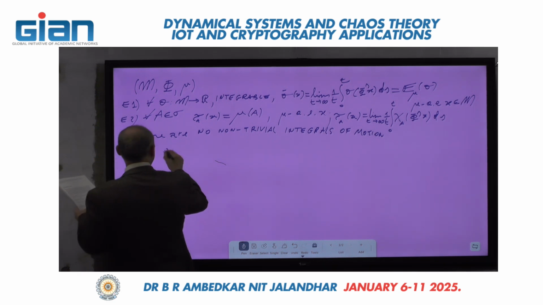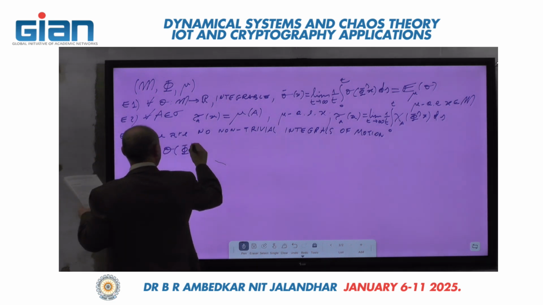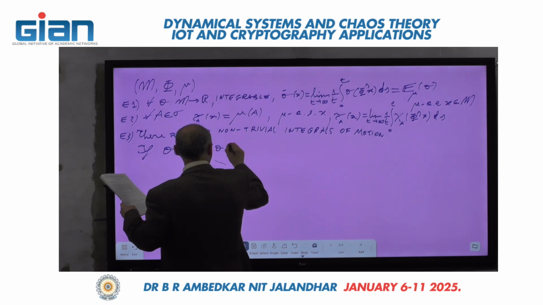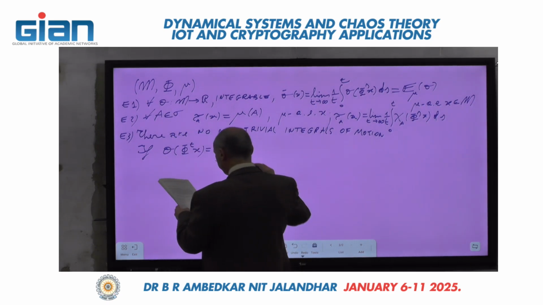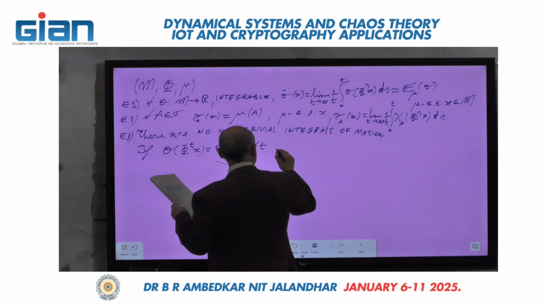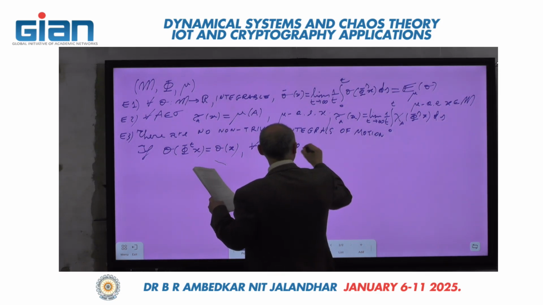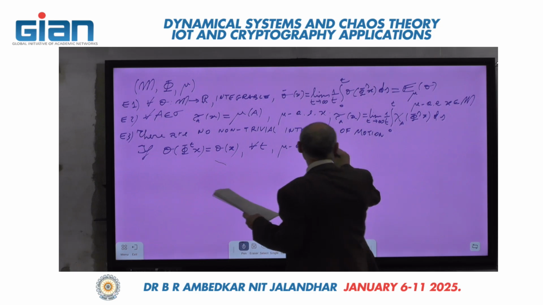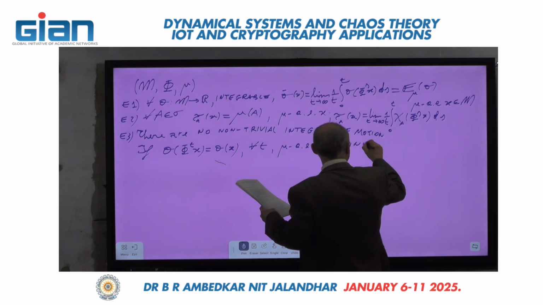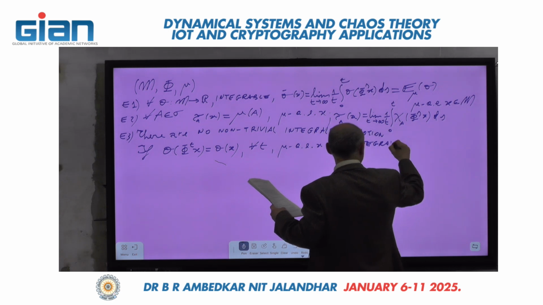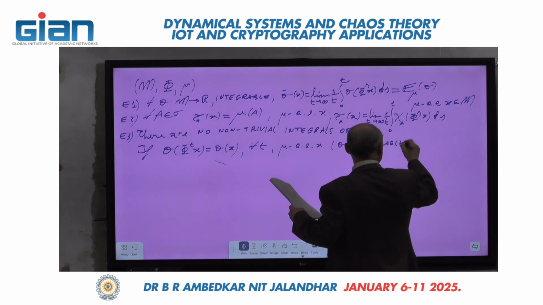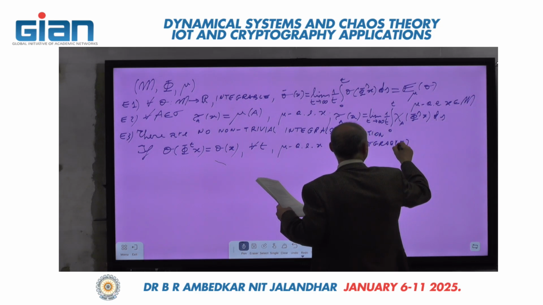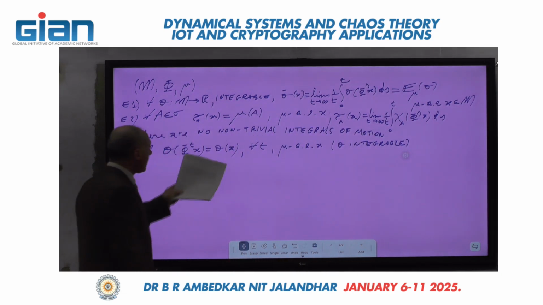If O of phi t x equals O of x for all t and mu almost every x, with O integrable, it means L1, okay? So if you have this situation,